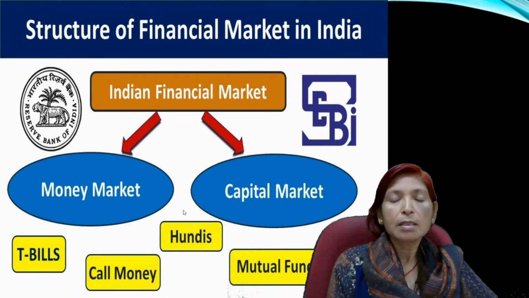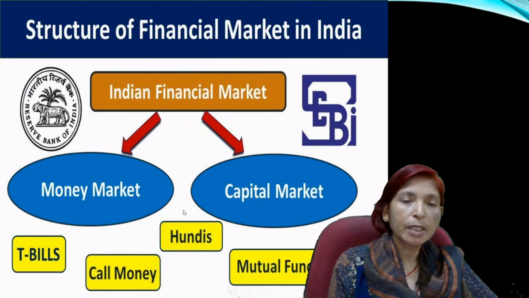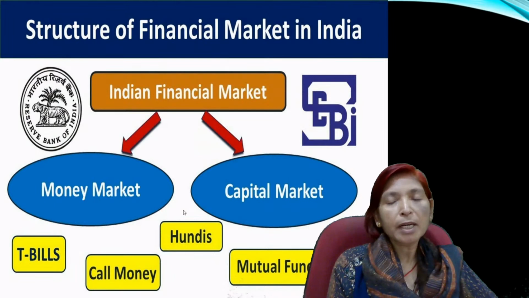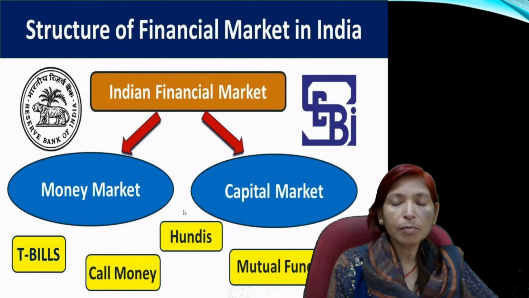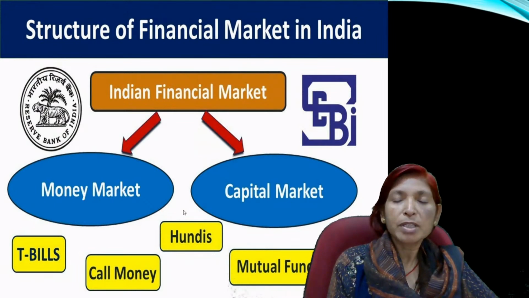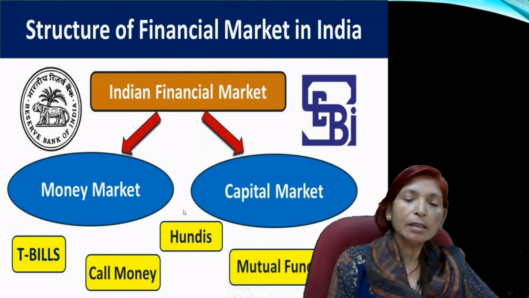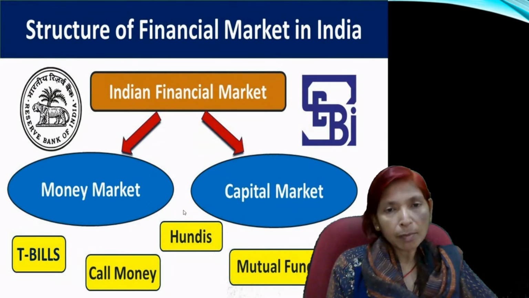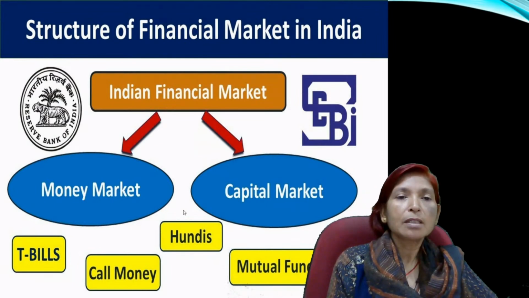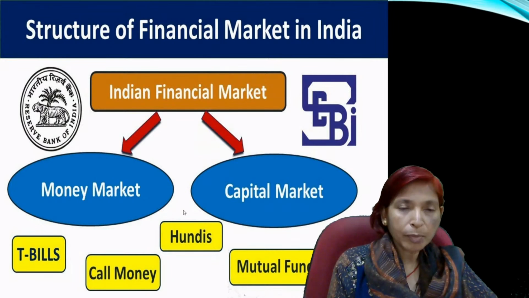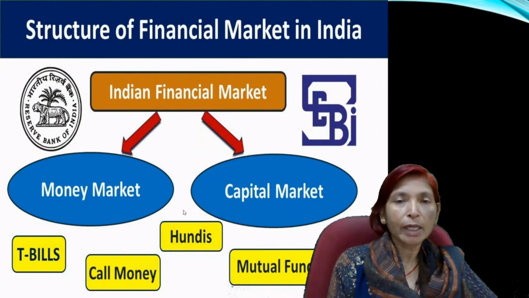The money market deals with short time period funds and the capital market deals with long time period funds. If you want to take longer time period funds for your business enterprises, then you can take money from the capital market. But if you need money for a shorter time period, then you can take it from